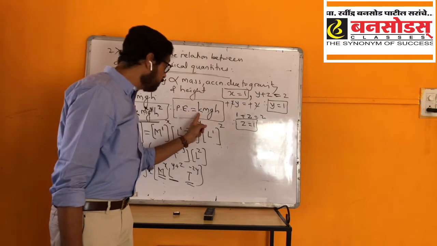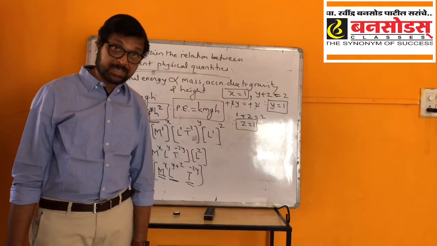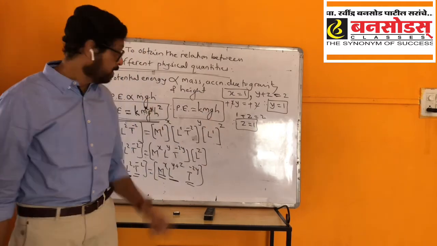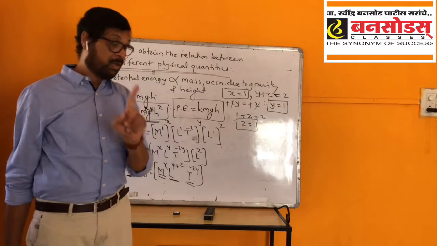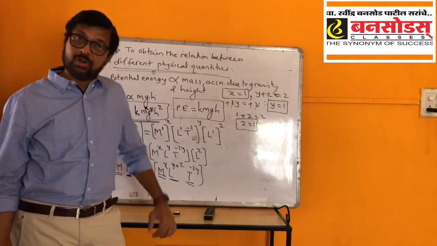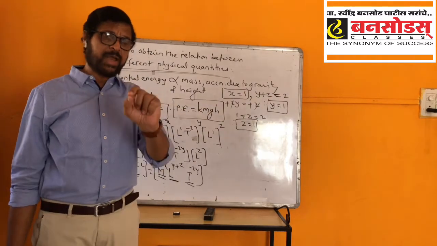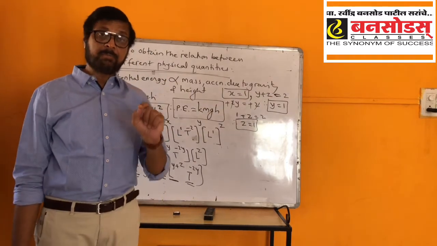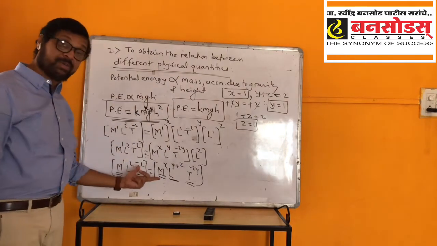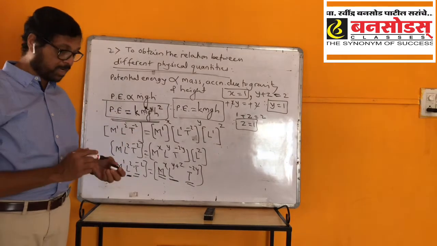Now the value of this constant cannot be found by dimensional analysis. You have to perform experiments for that, and experimentally that value comes out to 1. So potential energy is equal to mgh, or you can simply write it is K mgh and write a statement that value of K can be found by experiments. So this is how you find the relation between different physical quantities. Have a look at it once.